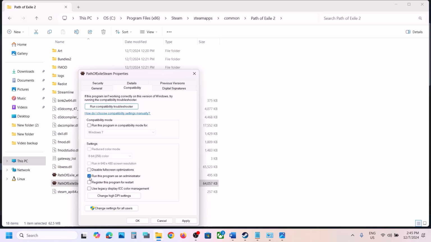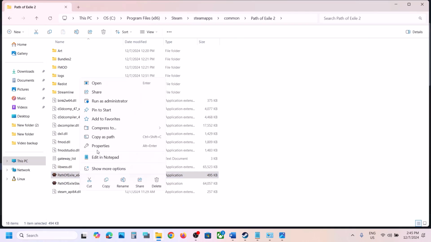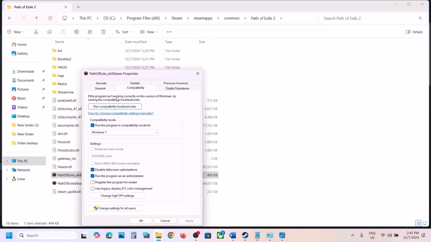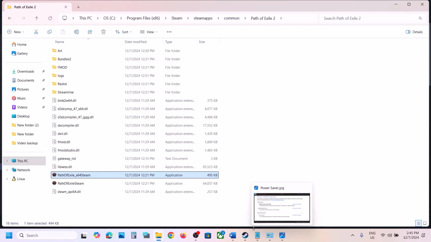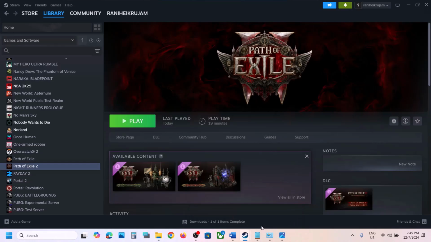So when you put a check on all these boxes, still not working, then in that case you can uncheck these boxes, hit apply, click on OK, make a right click, and then uncheck all these boxes, and then make sure that you hit apply, click on OK, and then follow the next step. Now the next step is to